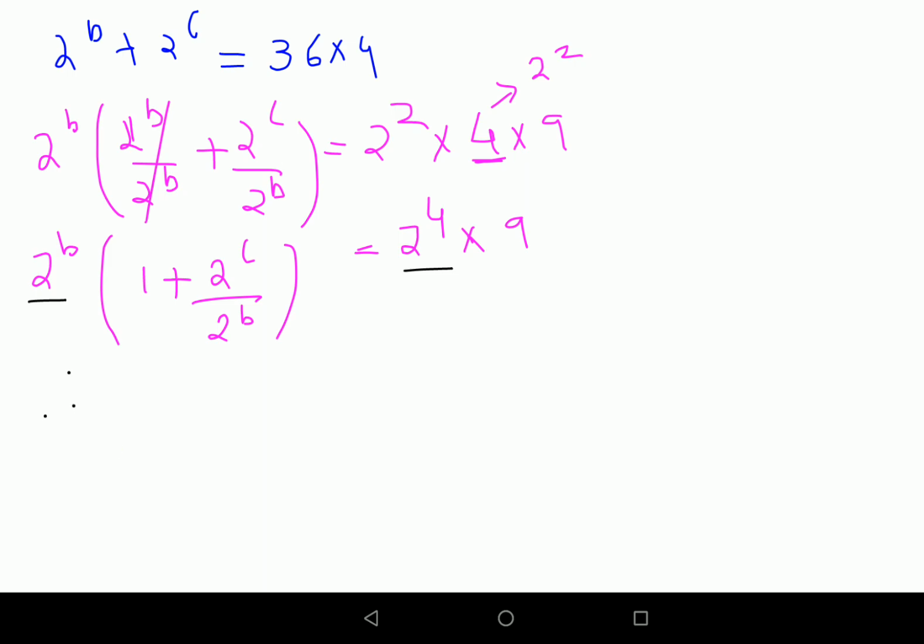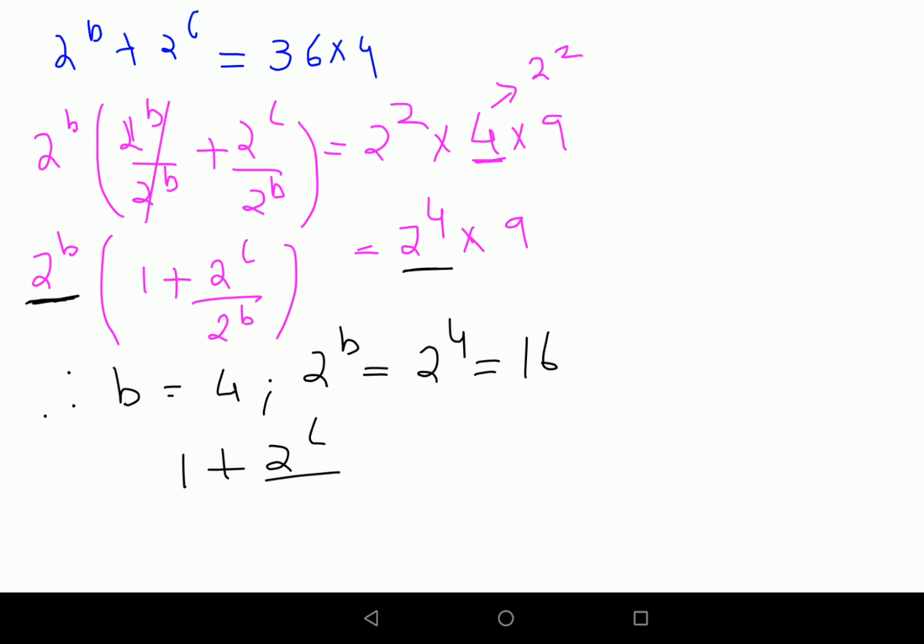So I can say that the value of b is 4. Therefore, 2 raised to b is 2 raised to 4, which is 16. So now we've already equated this. I can say the other bracket is 2 raised to c upon 2 raised to b, which is 16, that is equal to